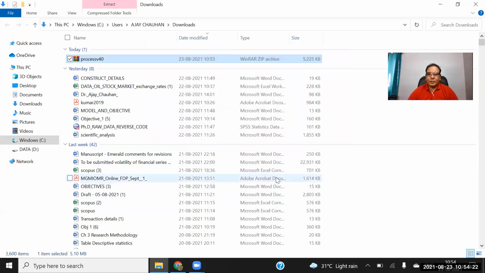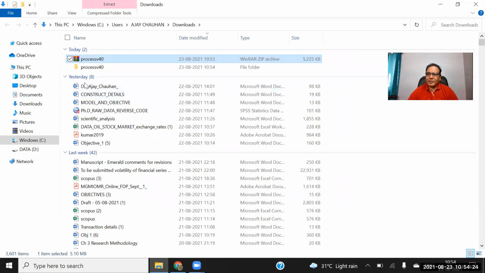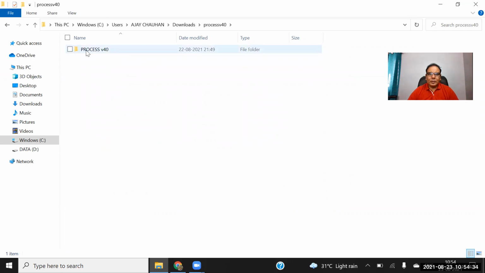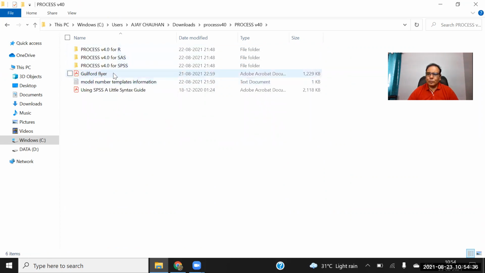Now you can see that after extracting, I have this folder process 40. If you click on this folder, double click. If you are using R, you can use this option.